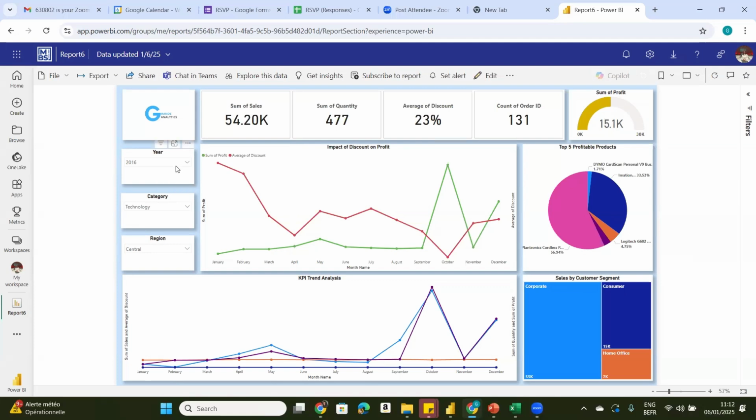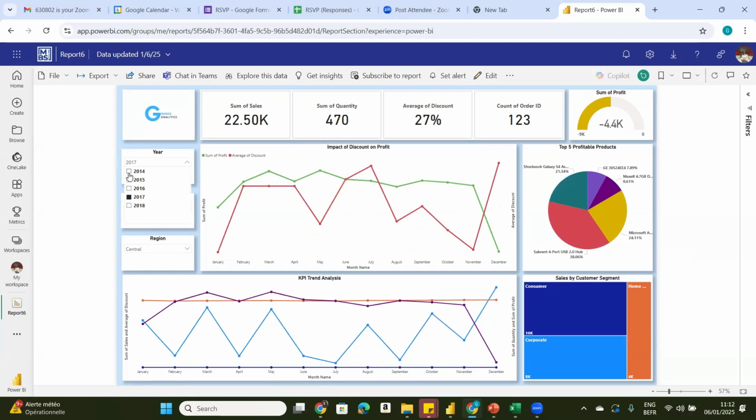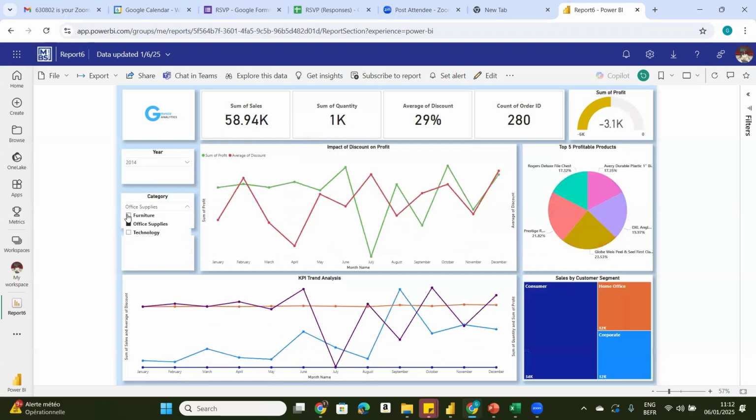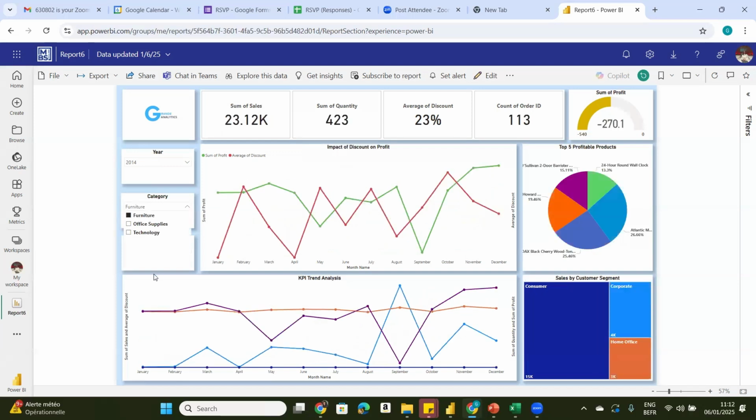And so when you're here, you can just click on it, and you don't need to hold down any key because you didn't create a report here. And you can actually have collaborators to this report. So it still works fine. And it's always beautiful to see how these things work here. And you can see the trend, KPI trend analysis. See the data marked, sum of profit is negative, sum of quantity, average discount 24%, sum of sales. So yes,